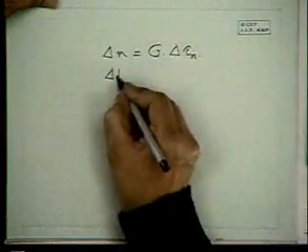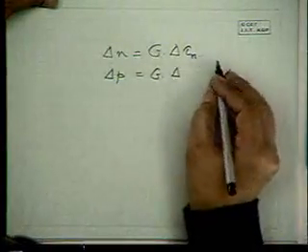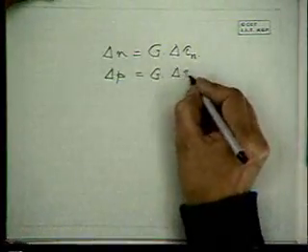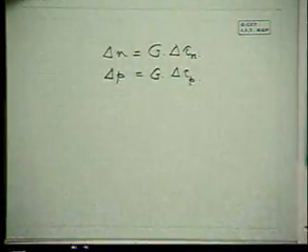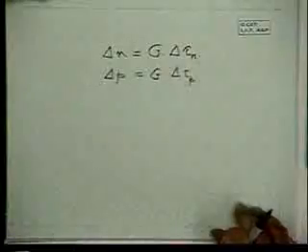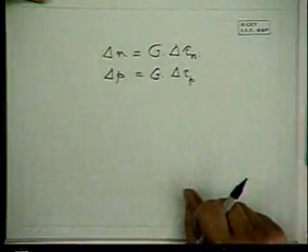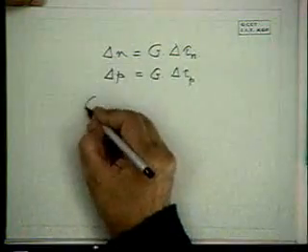Delta p is generation rate times the lifetime of holes. And so we can show that